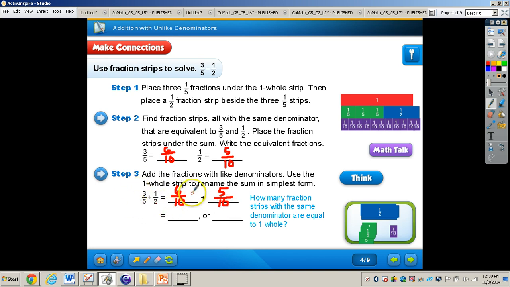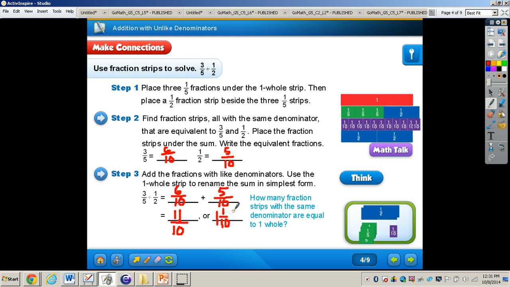All right, so from here we know 6/10 and 5/10, there are 11 total tenths here. So 11/10. Now what we can do is take a look at that 11/10, and we can see that if we take one whole fraction strip, which we do not have here, I'm just going to take my 1/2 here, because I know 2/2 does equal a whole. So 1/2 and 1/2, that is one whole right there. And then I can see I have one left over, representing 1 and 1/10